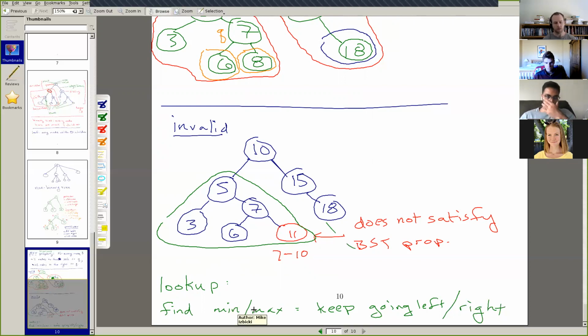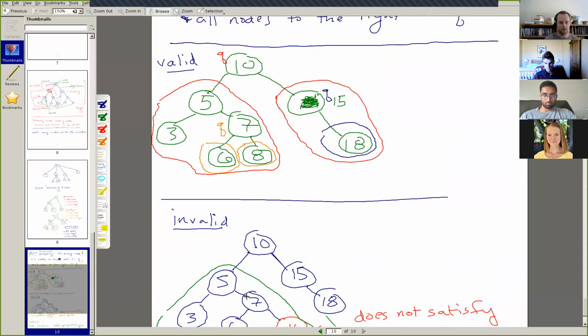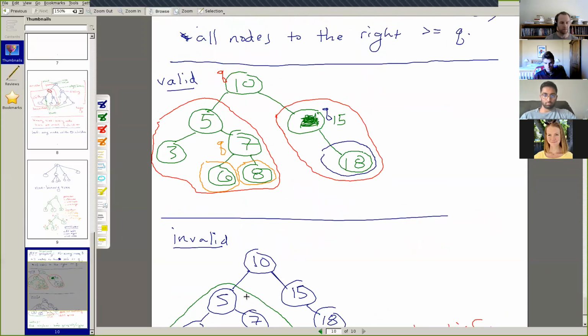Okay. So then the next operation that we might want to do on a binary search tree is insert a new item into the binary search tree. And this is important because this is how we're actually going to construct a binary search tree. In order to construct one from scratch, if we had, say, a list of items that we're trying to create as a binary search tree, we just add those items one by one into the tree. So let's see, how do we add a number into, say, this tree right here?